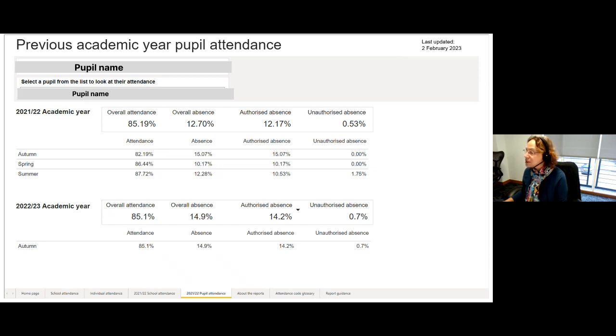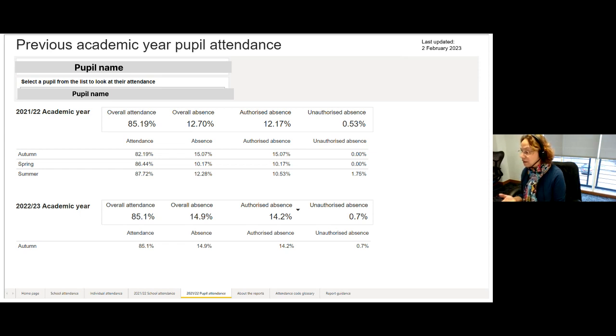Now, I would say, and we'll come on to this when my colleague talks about the feedback we've had from schools, that obviously this information has come from schools and we're feeding it back to schools. For some schools, they already have access to this kind of reporting easily themselves from their management information system or from other services that they sign up to.